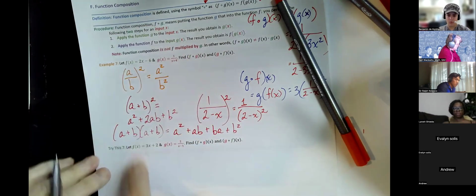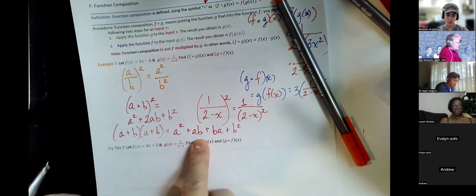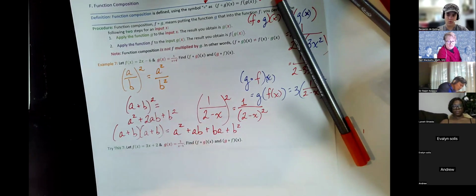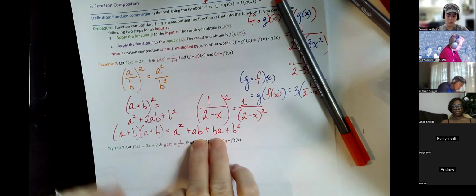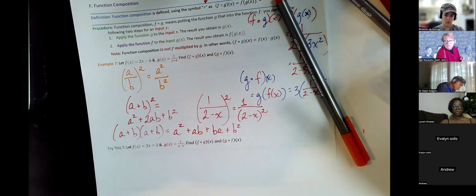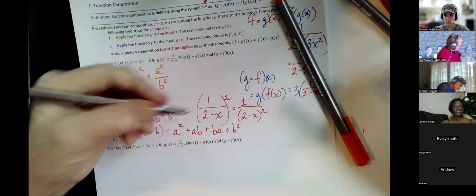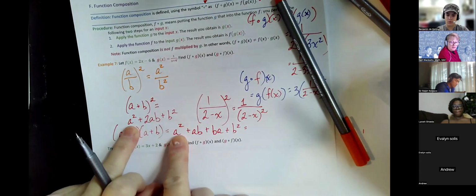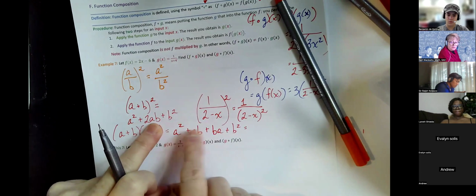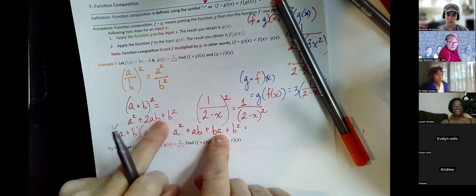Perfect. And we're looking at number multiplication. So is a times b and b times a, are those different or the same? They're the same. Excellent. So that's why we have a squared, we have 2 a times b's,